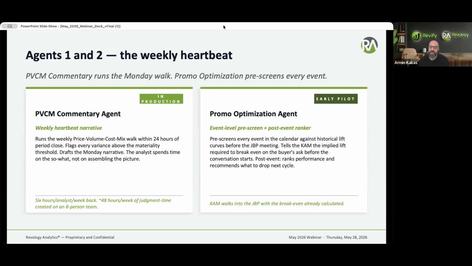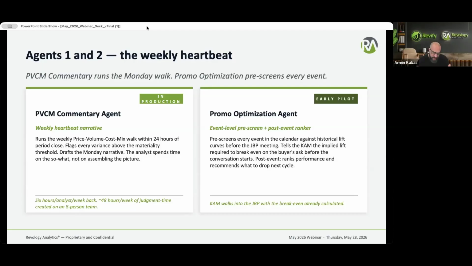Similar with the promo optimization agent. We're just brainstorming on the various ideas, but this could be something that automatically looks at the plans that you have for the various retailers and runs scenarios on alternative plans. It automatically produces a report or a PowerPoint deck that you can take to the retailer that tells you about the break-even required for whatever the retailer is asking. It also maybe recommends alternative dates for future promotions and automatically runs the scenario analysis and the profit impact on it. It's whatever you want to design around the promo optimization agent. It can deliver that for you in the format that is most helpful,